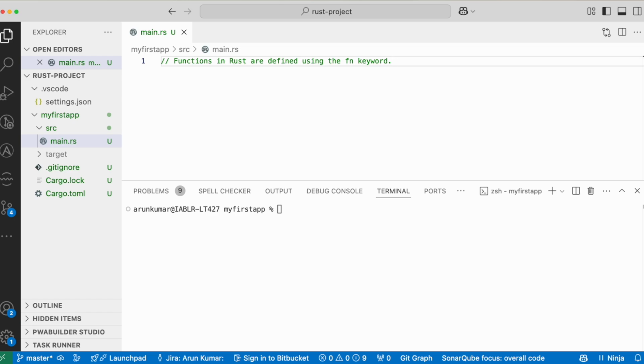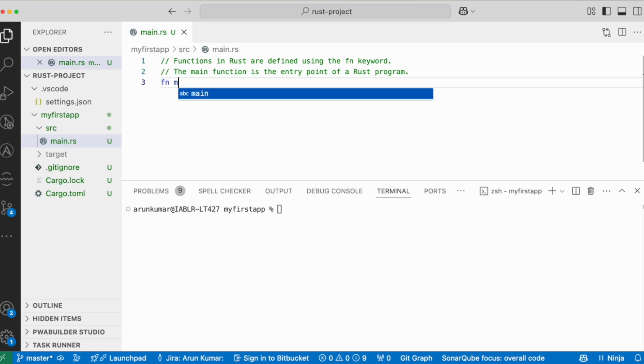The fn keyword is a reserved keyword in Rust by which you can define the functions you want to create, right? The main function we have already seen, correct? The main function is the entry point of the Rust program. Without the main function, your program will not work. Let's check it out. fn main